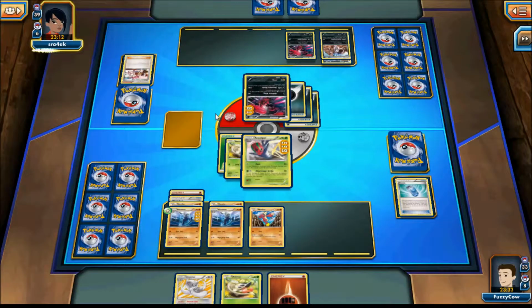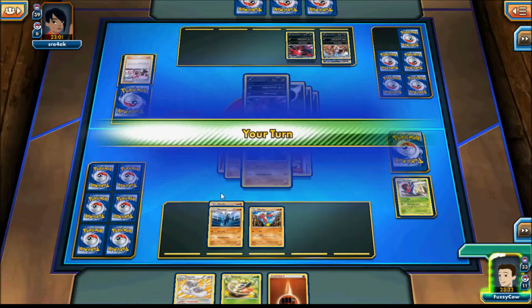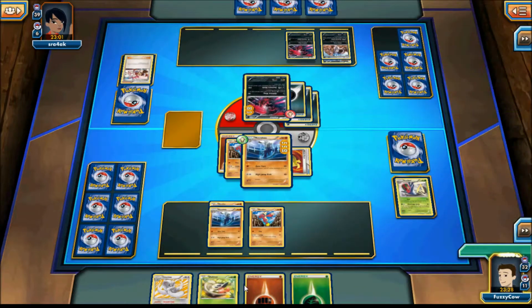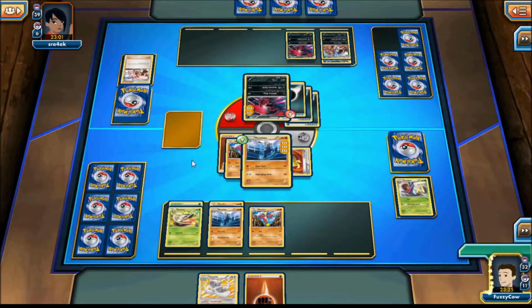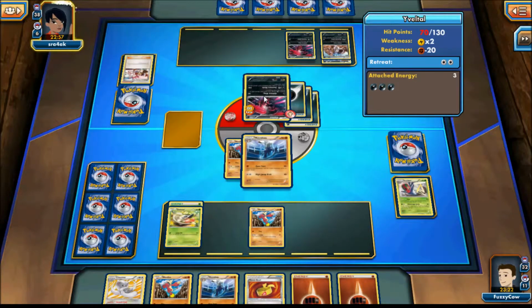One thing this deck does have a problem with is Pokemon Center Lady, which he just played right there. Pokemon Center Lady is really strong against my deck, because my deck doesn't do a lot of damage. It deals 60 damage each turn, but in this case I'm only dealing 40 due to